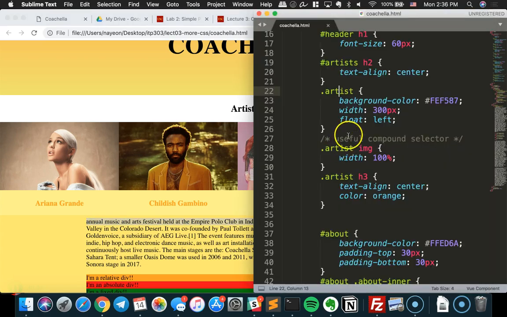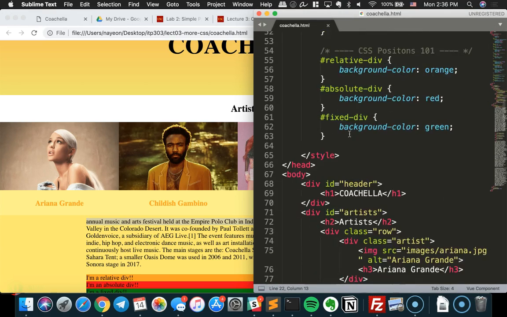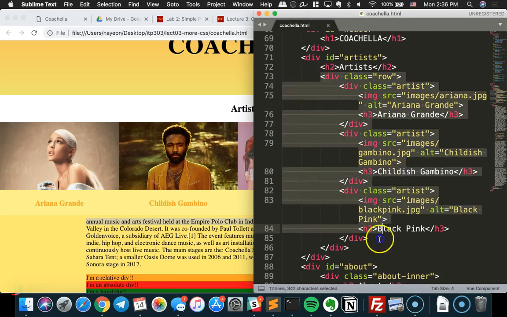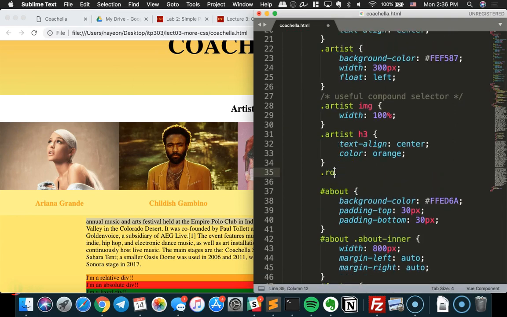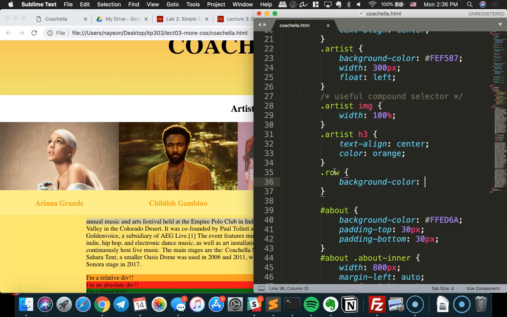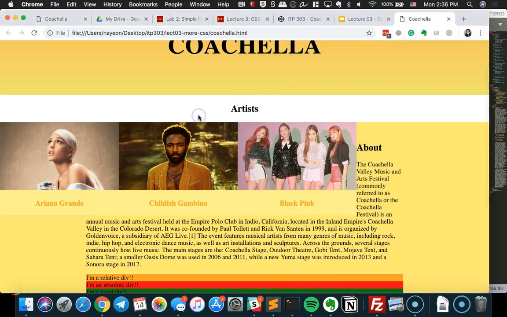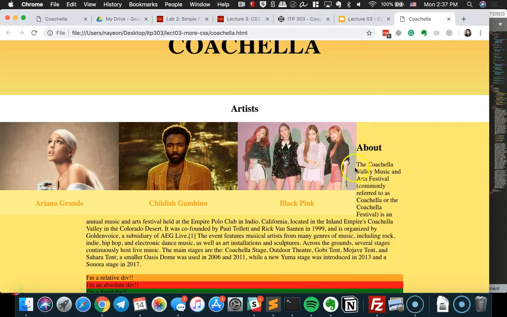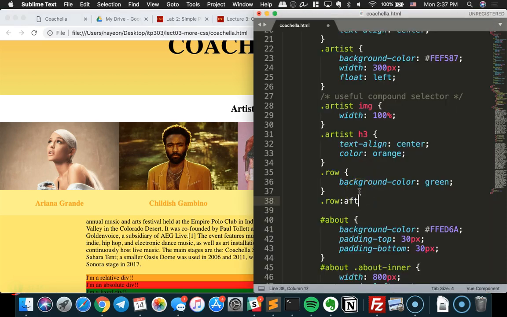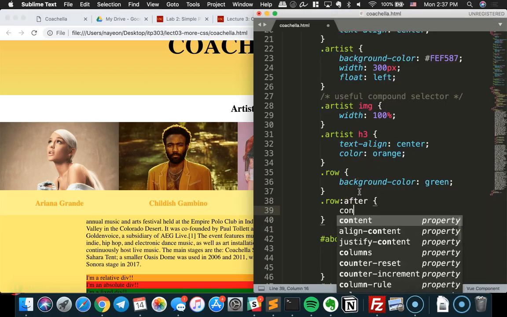In our case, what's useful is this row div. We haven't talked about this yet, but we have this row div that contains my 3 divs. Let's take a look at it. For the row, I'm going to do background color. I'm just going to give it green for now, just so we can see it. You can't see it because it's kind of behind right now. What I'm going to say is, hey row, when I'm done, right over here, after it's done,